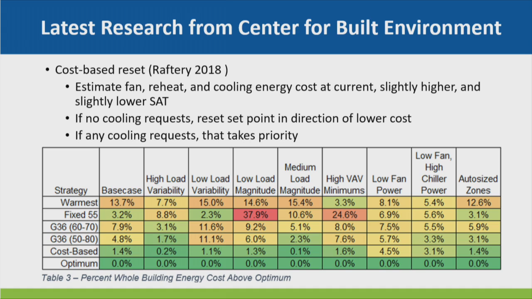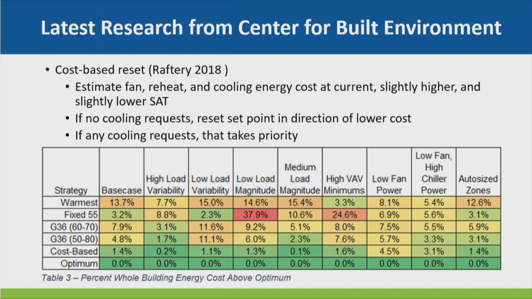For the optimum, we simulated every possible supply air temperature you could possibly do every hour, and the one that has the lowest energy is the optimum. Obviously you can't achieve that, so we're trying to see how close to the optimum we can get with real sequences. And you can see that warmest zone, always supplying the warmest air you possibly can, was probably